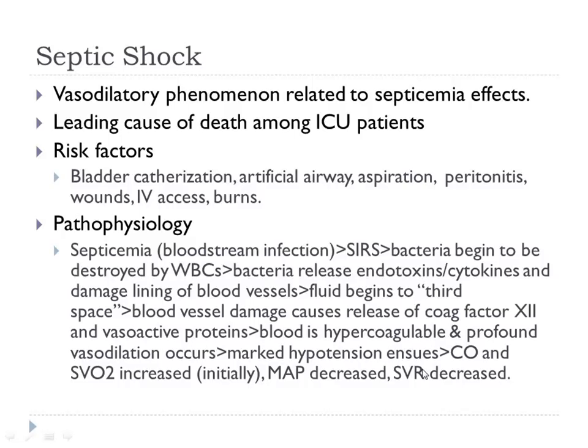Vasodilation, right, because of the inability of the vessels to constrict because of those endotoxins, and those endotoxins have also caused the fluid to leak extravascularly into the third spaces, and the patient will have signs of shock: hypotension, decreased cardiac output. This is really too much for you, but I said SvO2, and SvO2 is the O2 sat of the return blood. So this tells us how much oxygen the body is using.